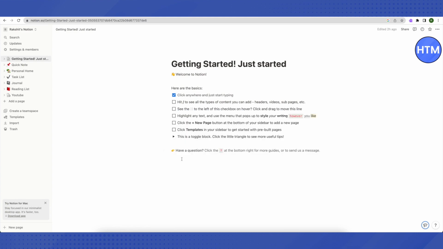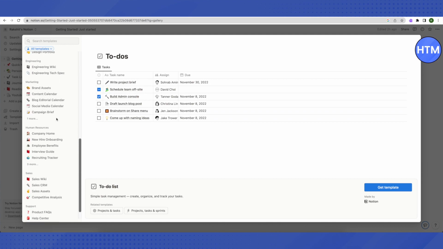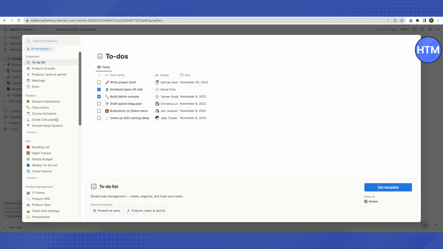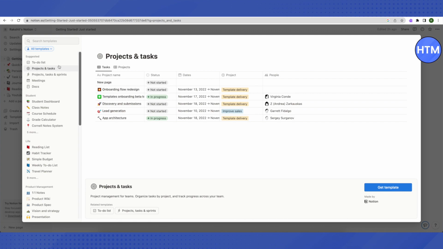And for that you need to open up your Notion account. After that you will be able to see templates on the left hand side panel. Just click on it and then choose the template of your choice. There are plenty of them, and choose one of them as per your choice. And after that just click on get template, and you can also review them or preview them by just clicking